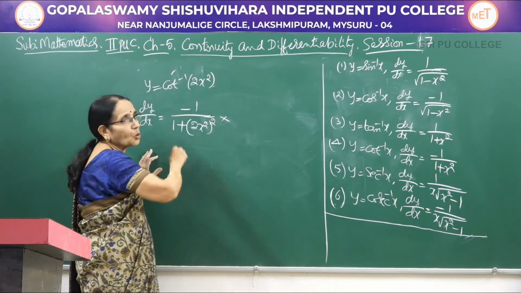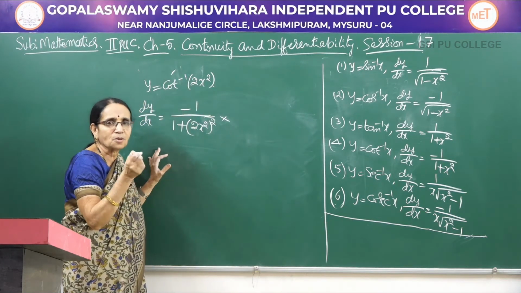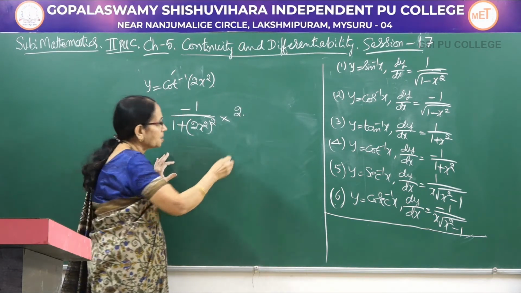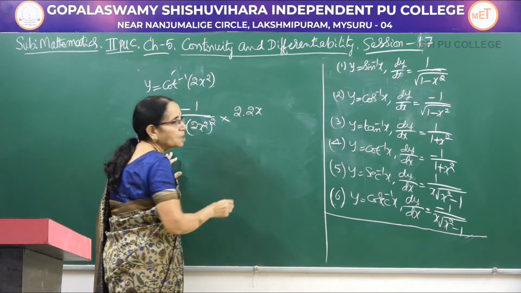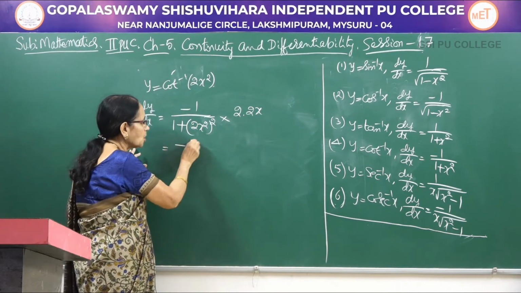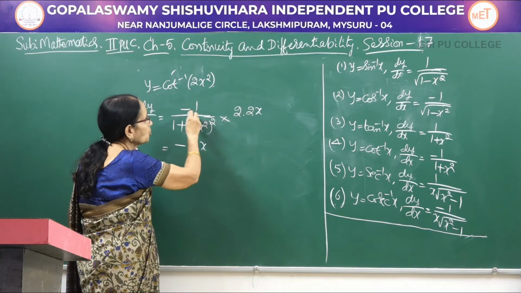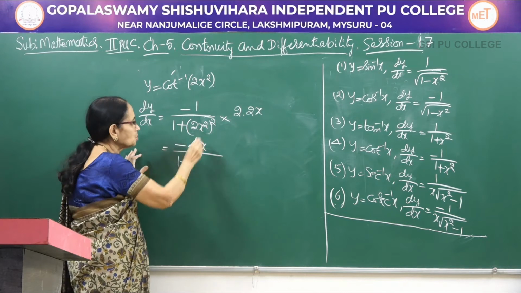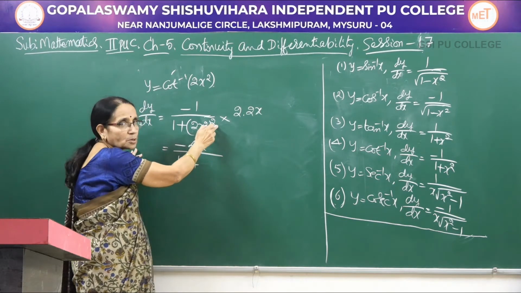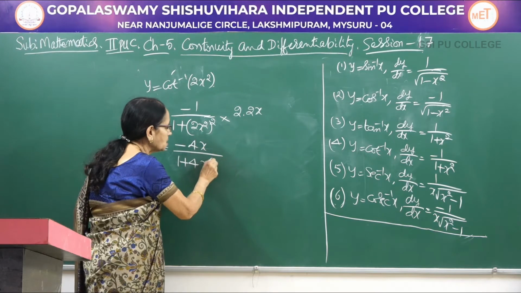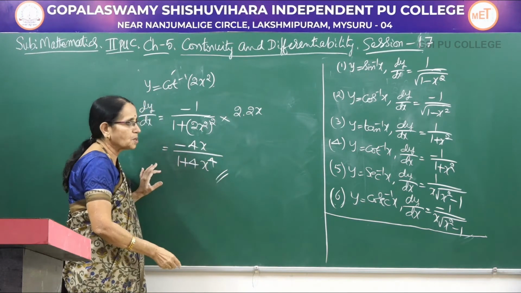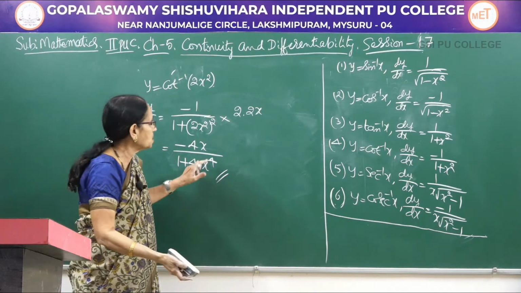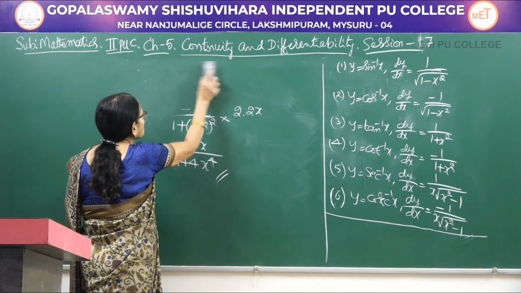So, this part is over. For 2x square, that itself is a function of x. Therefore, differentiate 2 into x square. What's the derivative of x square? It is 2x. So, write it properly. Minus 2 into 2x divided by 1 plus, expand, square them. 2 square is 4, x square the whole square. Again I am using the law of indices. It becomes minus 4x divided by 1 plus 4x to the power 4. So, this is the derivative of the function.